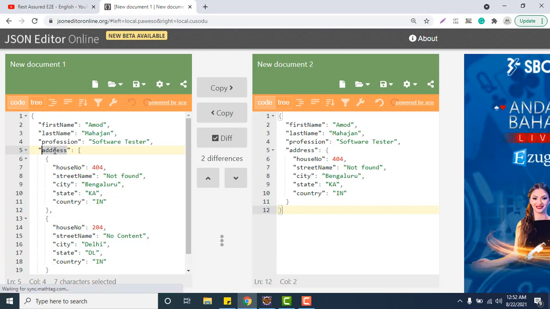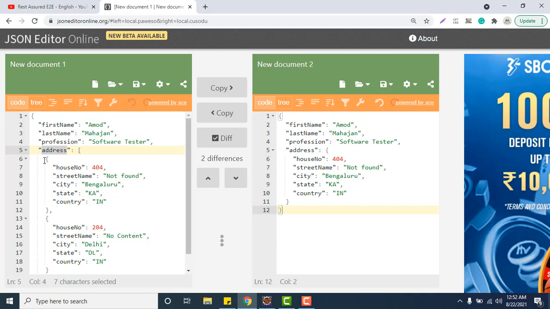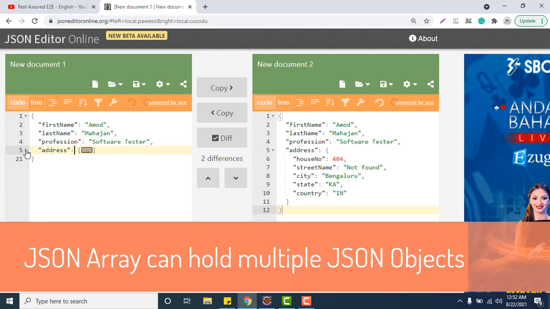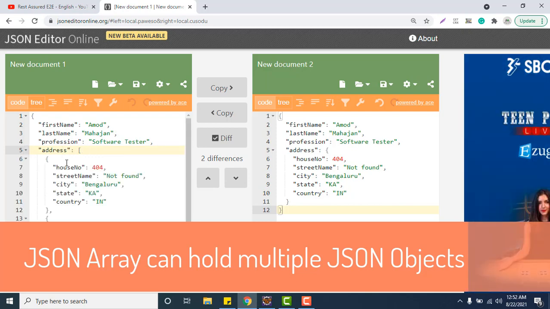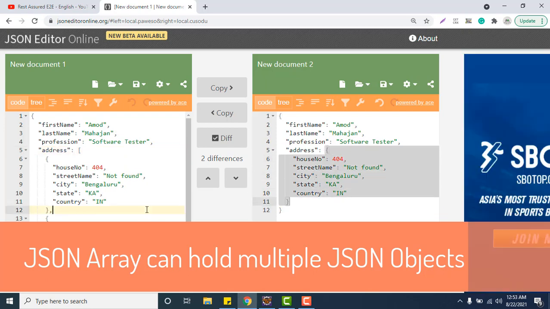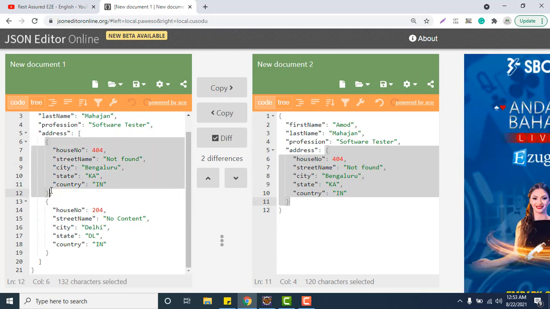If I want to store two sets of data, obviously I cannot use the same JSON object. I need to create two JSON objects, and those JSON objects need to be stored within an array. You can see here that address is now an array, not a JSON object. In the previous video it was a JSON object, but in this video it will hold multiple JSON objects, or multiple addresses.